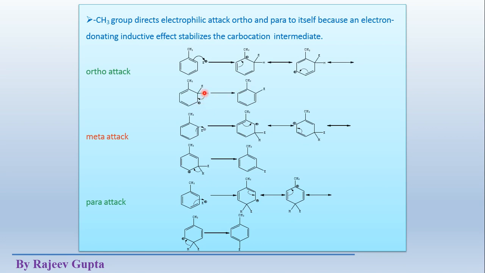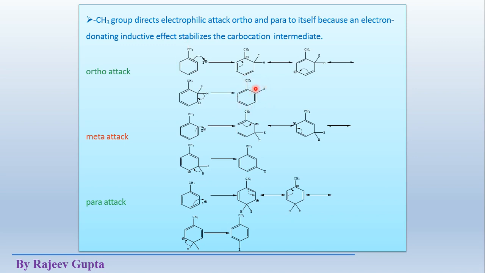we get removal of this hydrogen as H plus ion, or elimination of this H plus, and again we restore the aromaticity. So this is the product. Now this product is disubstituted. See, the reactant or substrate was a monosubstituted aromatic. Now the product is a disubstituted aromatic.